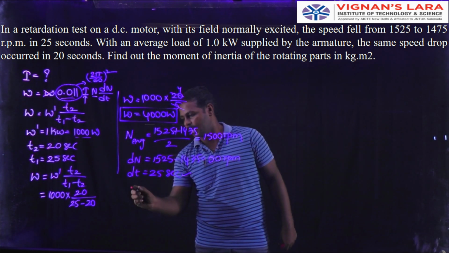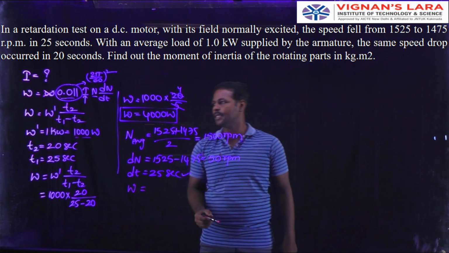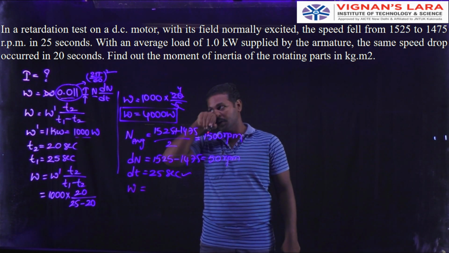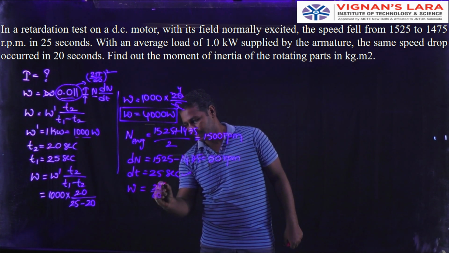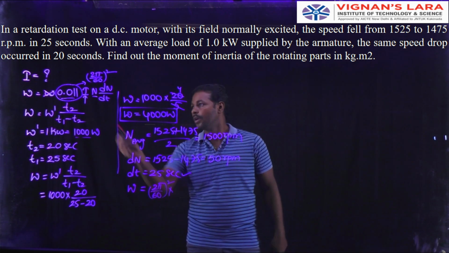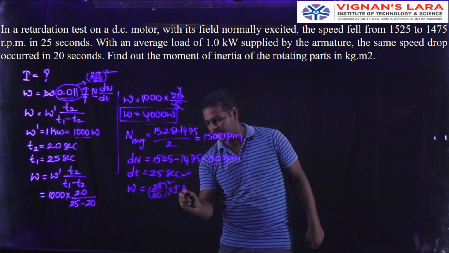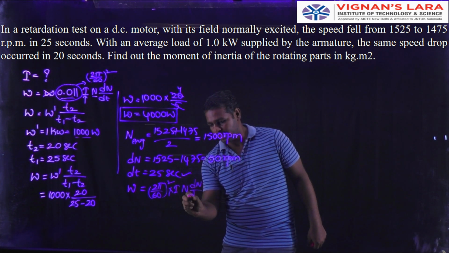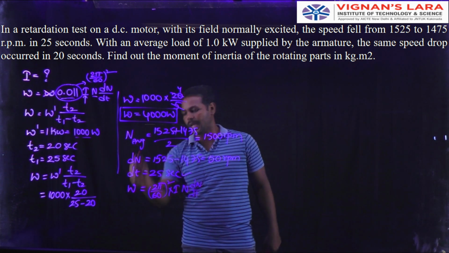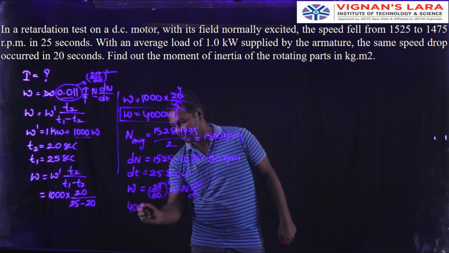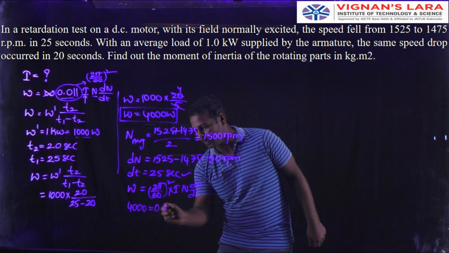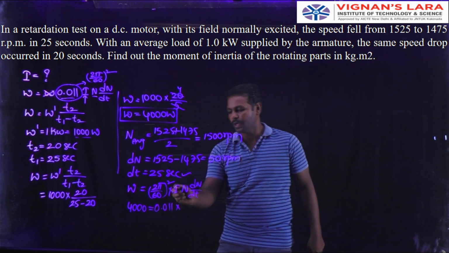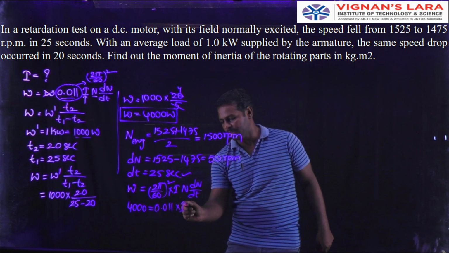W is a known value, so 4000 is equal to 0.011 into I, the calculated parameter, into